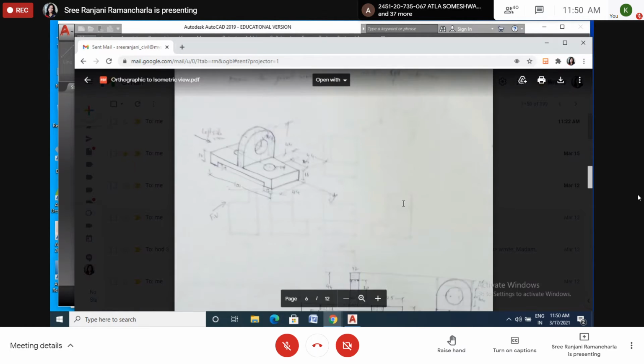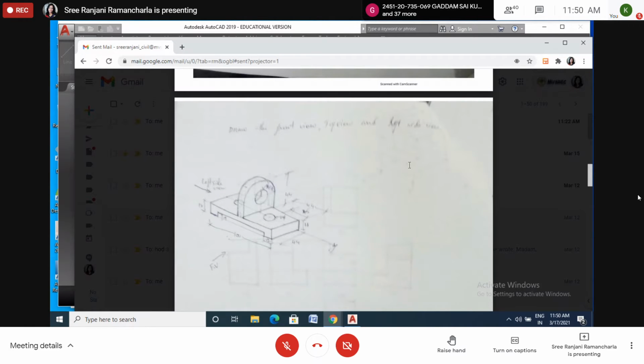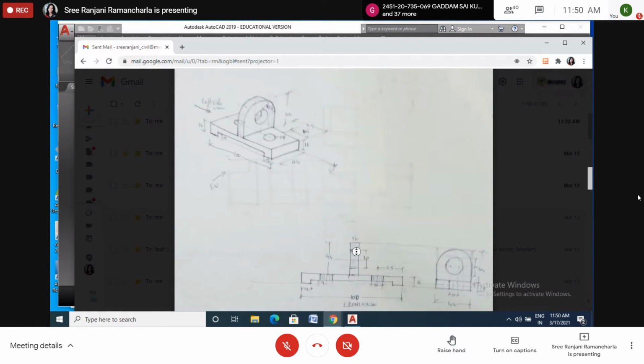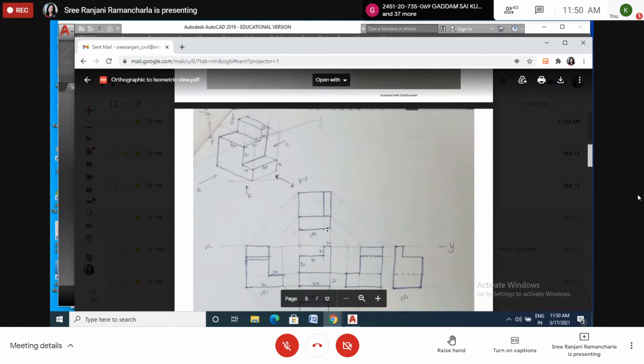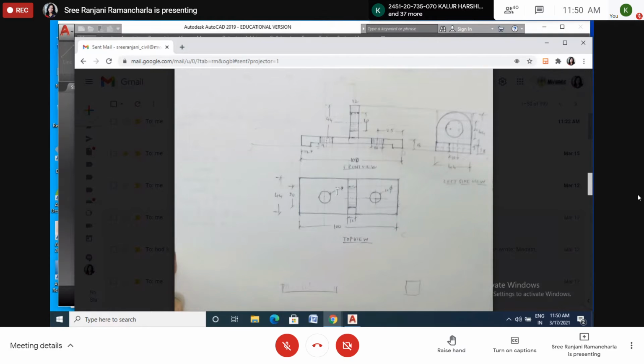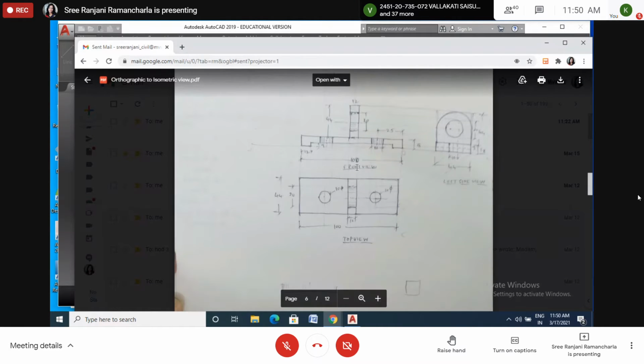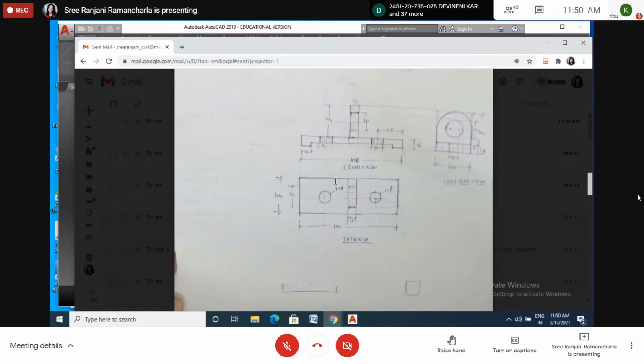Okay. So what does it have? Front view, top view, and the left side view. So front view, then top view. If you see from top view, this is the front. So top view means you have to draw in this direction. Top view means you have to draw in this direction. Now it is seen. So as per this figure, front view, you just project all the edges, all this one. You have to project this one.